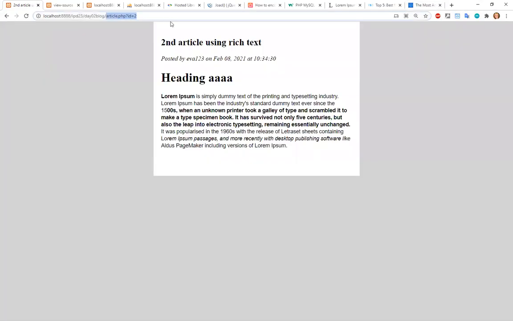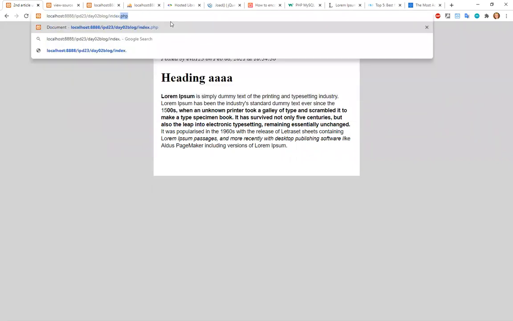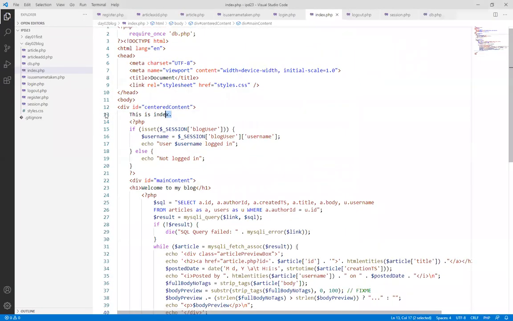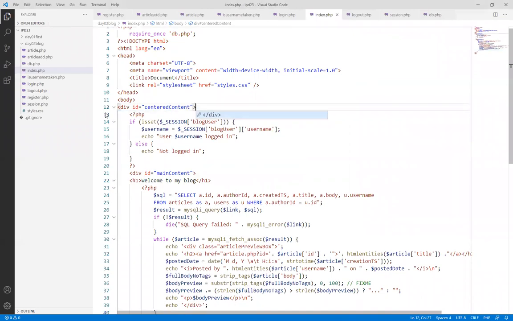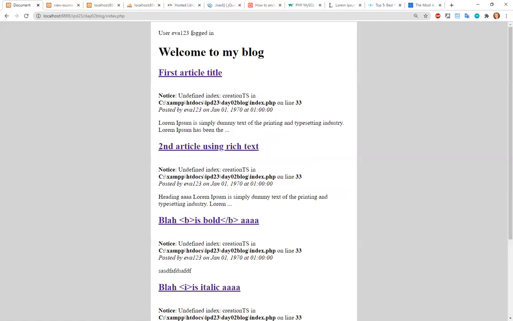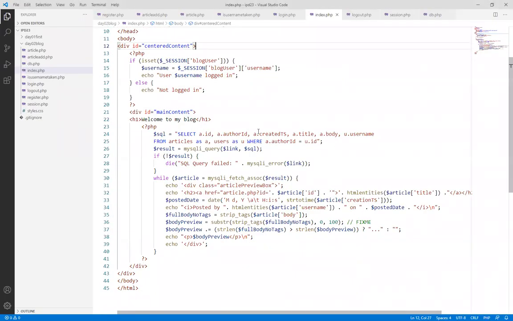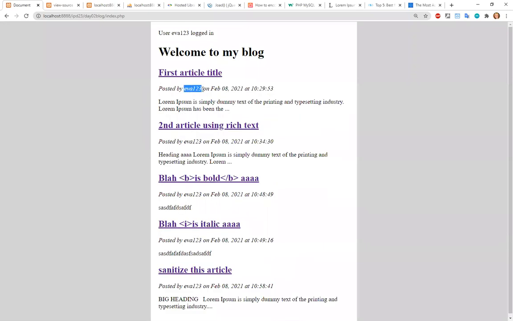All right, so let's go to index. There we go. So this is index. Actually, I should remove that chunk. Yeah, no longer necessary. Let's do it again. So user Eva123 logged in. Welcome to my blog. First article, second, you see, creation TS. I got a problem there somewhere. It's created, because we named it a little differently. Created TS. There we go. Let's fix that. There we go. So posted by username on date, username date, right? And then